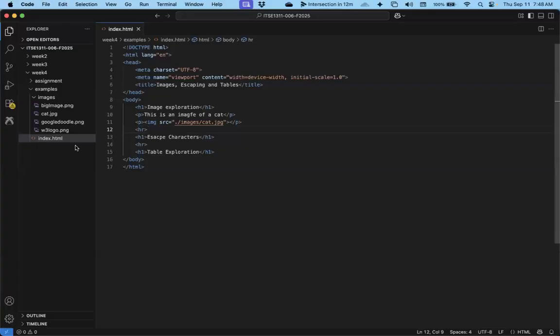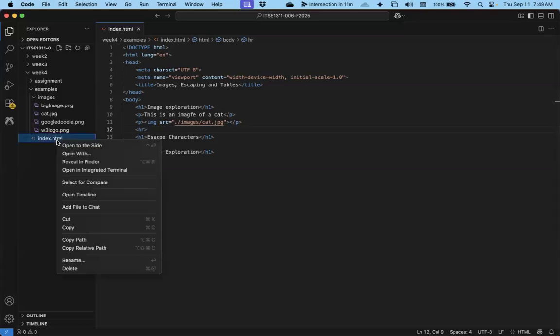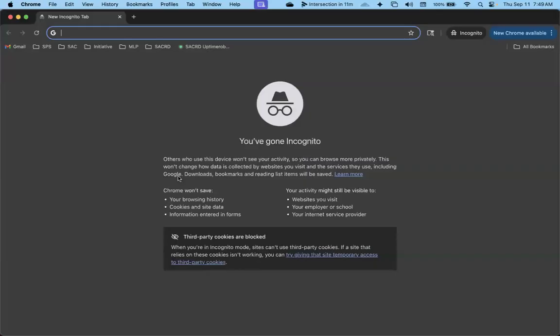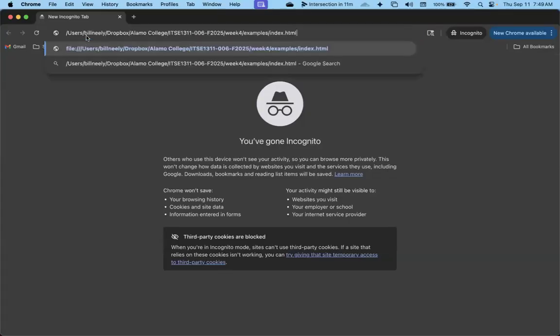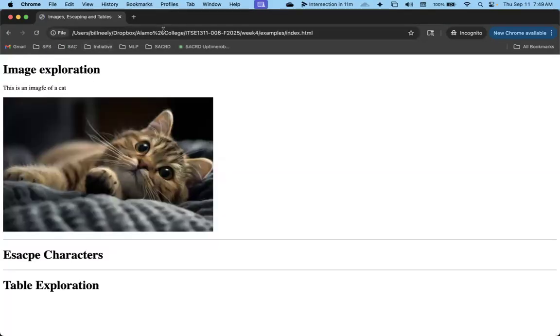So to open this, I need to copy the absolute path to this file. So I right-click on index.html and say copy the whole path. I want the whole path, not the relative path, because I'm going to load it in my browser. I've got an incognito window here. I like to test in incognito, because I don't want to be logged into a website or anything like that, and I want to see what it's going to look like for the public. So I'll go ahead and paste my URL in there, and oops,